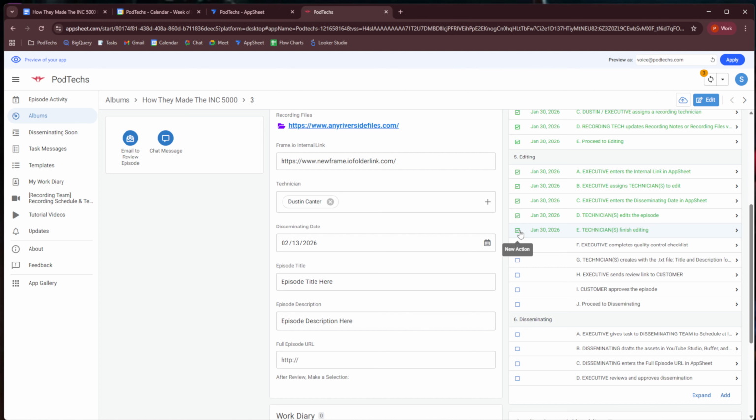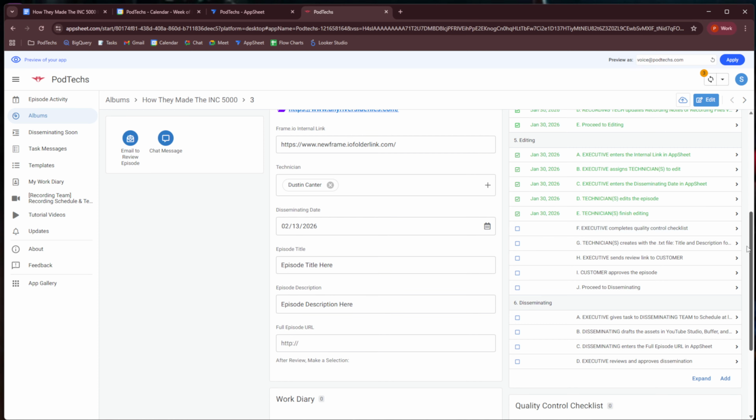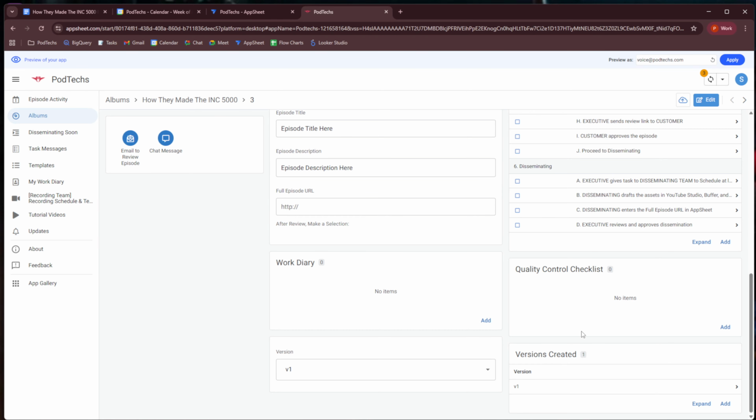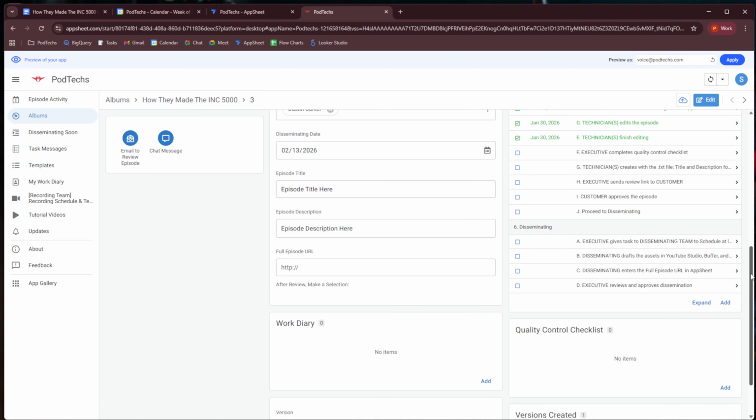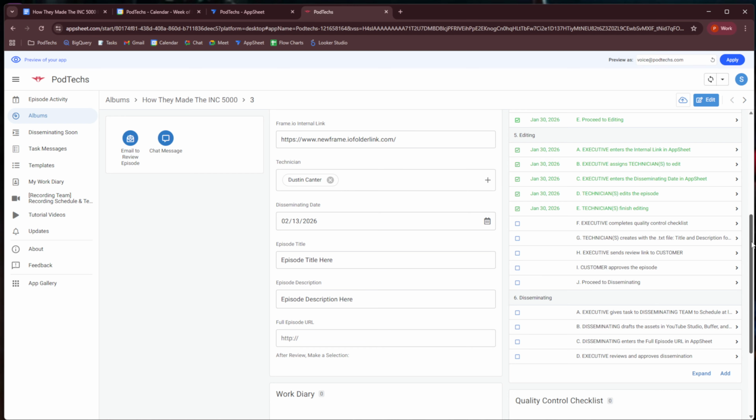Finish editing. Then the executive completes the quality control checklist, which is here, this part. This is empty on my end because this is just a sample album and does not have the pre-filled quality control checklist. Okay, let's say that the quality control checklist is done by the executive.